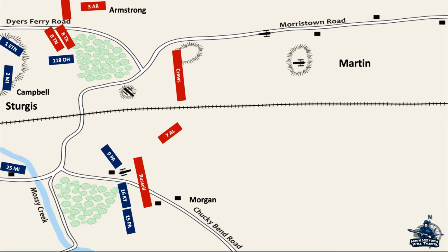The Alabamians attacked Lilly's position 3 times, and on the 3rd time, they gained a foothold on the railroad track, a little in the rear of Lilly's guns. His prone position and the sharpshooter bullets hitting his gunners forced Lilly to fall back to the rise occupied by the Tennesseans and Michiganders. The 118th Ohio had been fending off numerous assaults by Armstrong's men after being pushed back